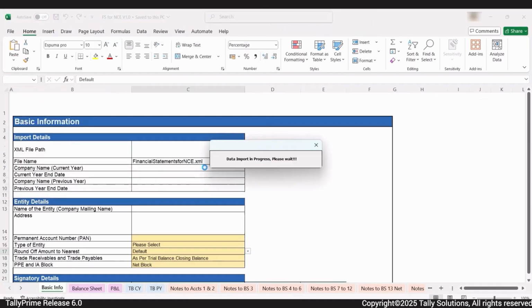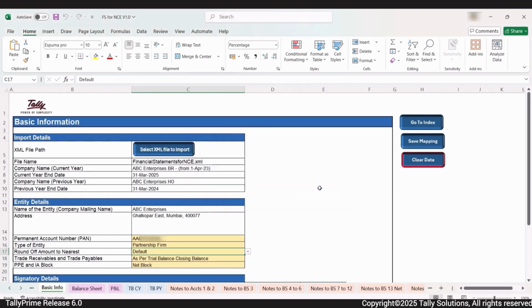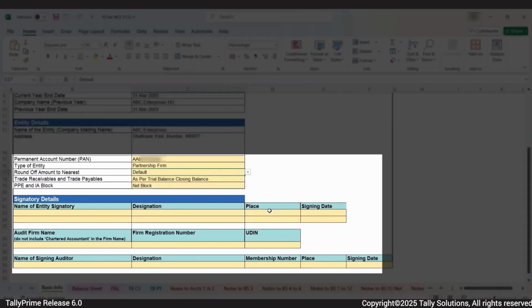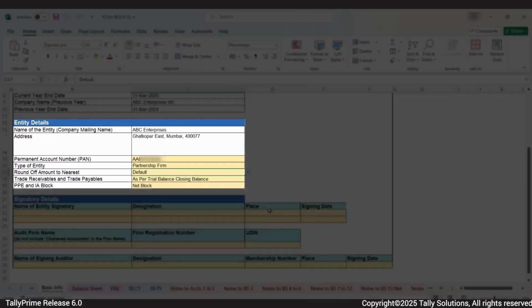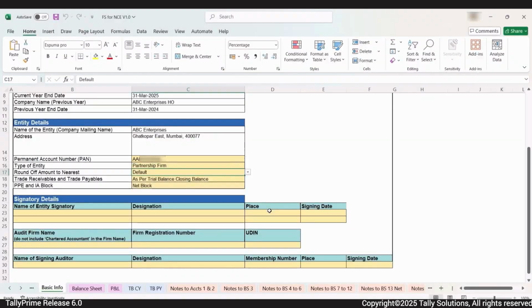Your TallyPrime data will now be imported into the relevant worksheets. Fields highlighted in yellow will require manual input. In the Entity Details section, the name, address, and PAN will be autofilled from TallyPrime. If PAN is not entered in TallyPrime, make sure to fill it manually here.